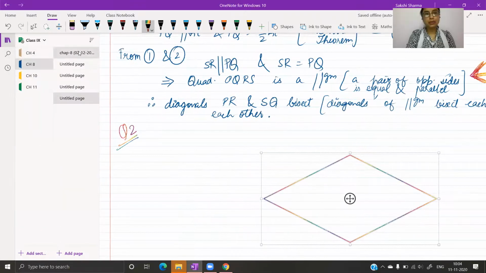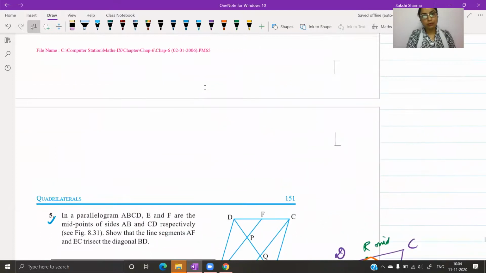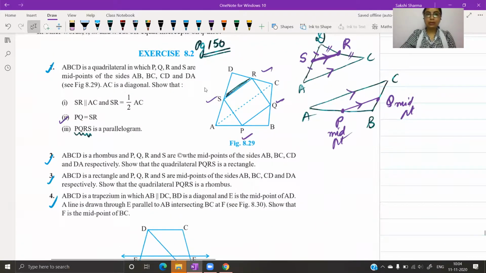Question number 2 and question number 3 are modified forms of question number 1. You can compare. In question number 1, we had a quadrilateral. उसके 4 sides के mid point दिए थे. उनको जब join किया गया तो अंदर वाला जो quadrilateral बनता है, we proved that it is a parallelogram. Now they are saying that the quadrilateral that you have is a rhombus. जो बाहर वाला quadrilateral है, it's a rhombus now, A, B, C, D.